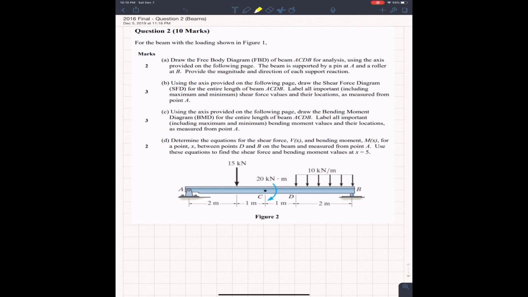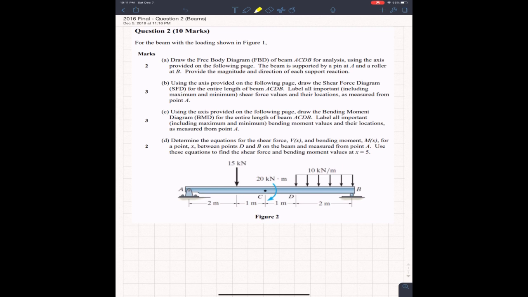So, as you guys have seen in the practice finals, question 2 is always the same. It's going to be your bending moment and shear force diagrams. As expected, they're going to give you some sort of beam, and it's going to be simply supported, meaning you can solve it with your regular equilibrium conditions. And the question's basically going to ask you for the free body diagram, the shear force diagram, and then the